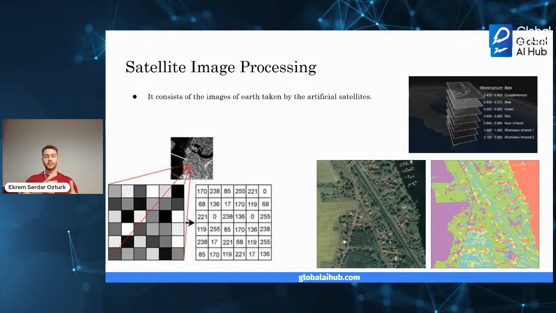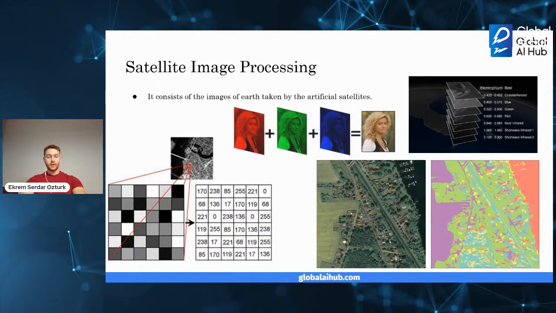Some satellites help us to see underneath the trees, and some of them help us to take pictures during the nighttime. Satellite imagery is widely used to plan infrastructure, to monitor environmental conditions, or to detect the signs of upcoming disasters. So, mentioning disasters, let's see how we can create a model by using